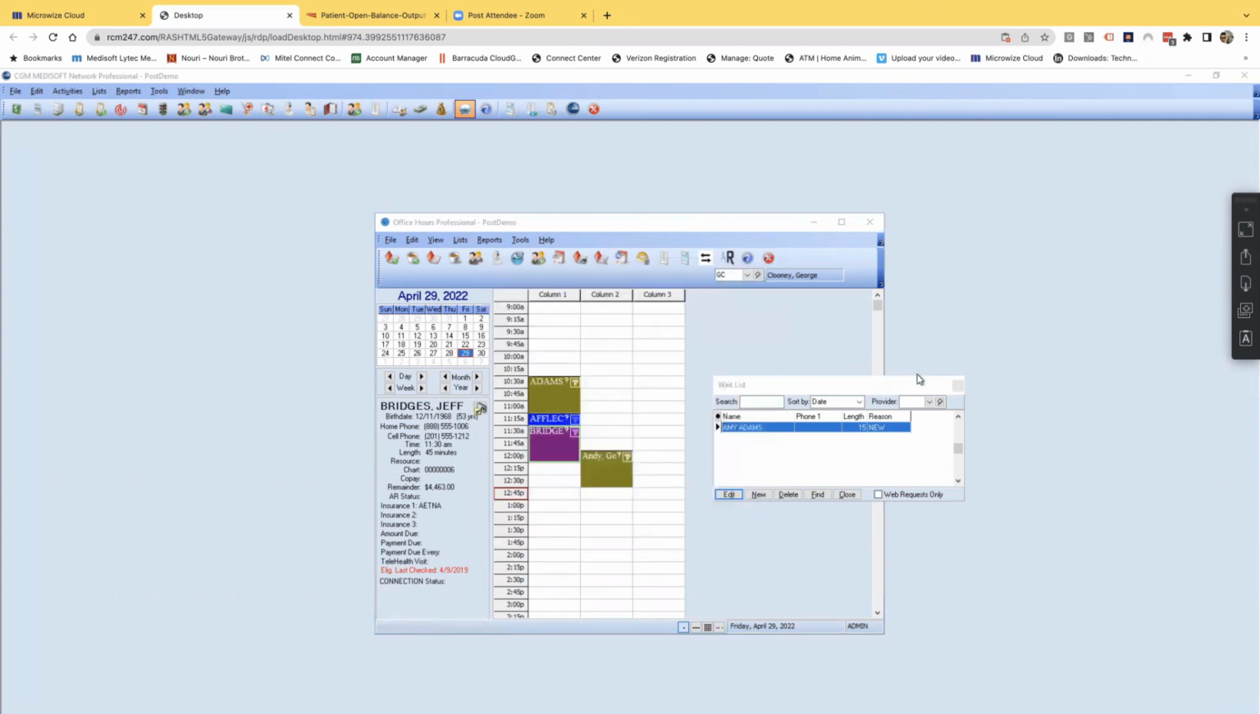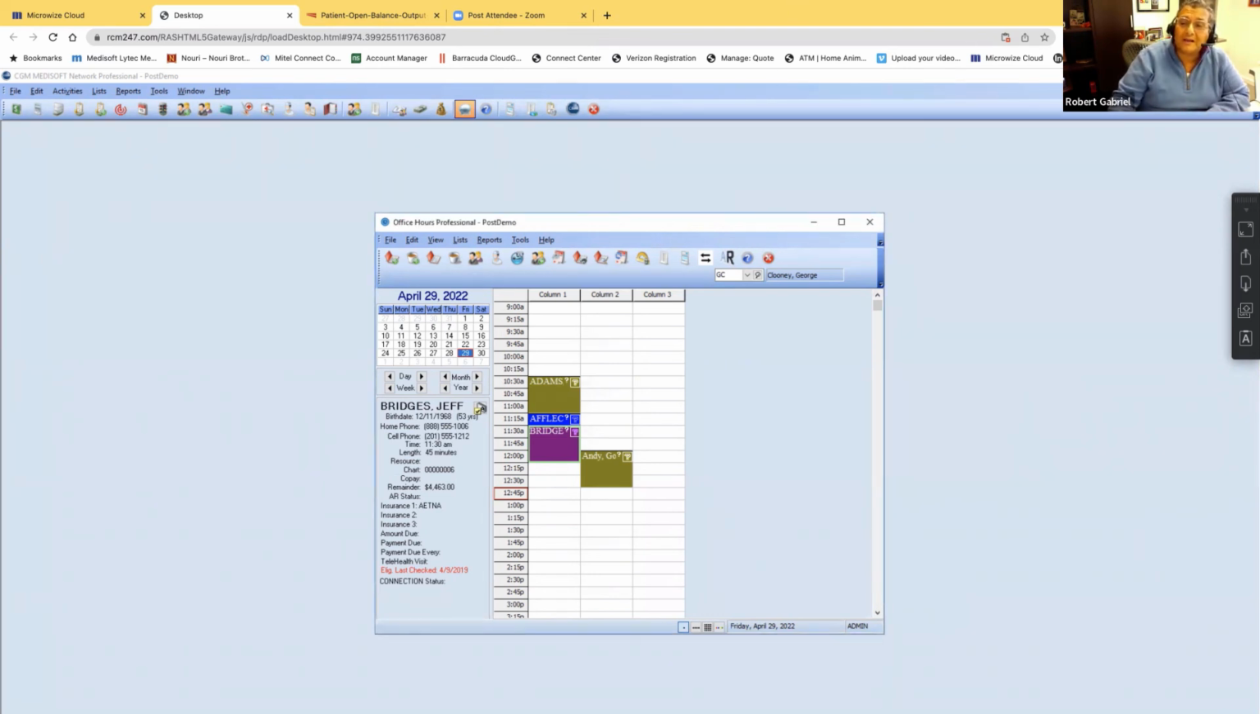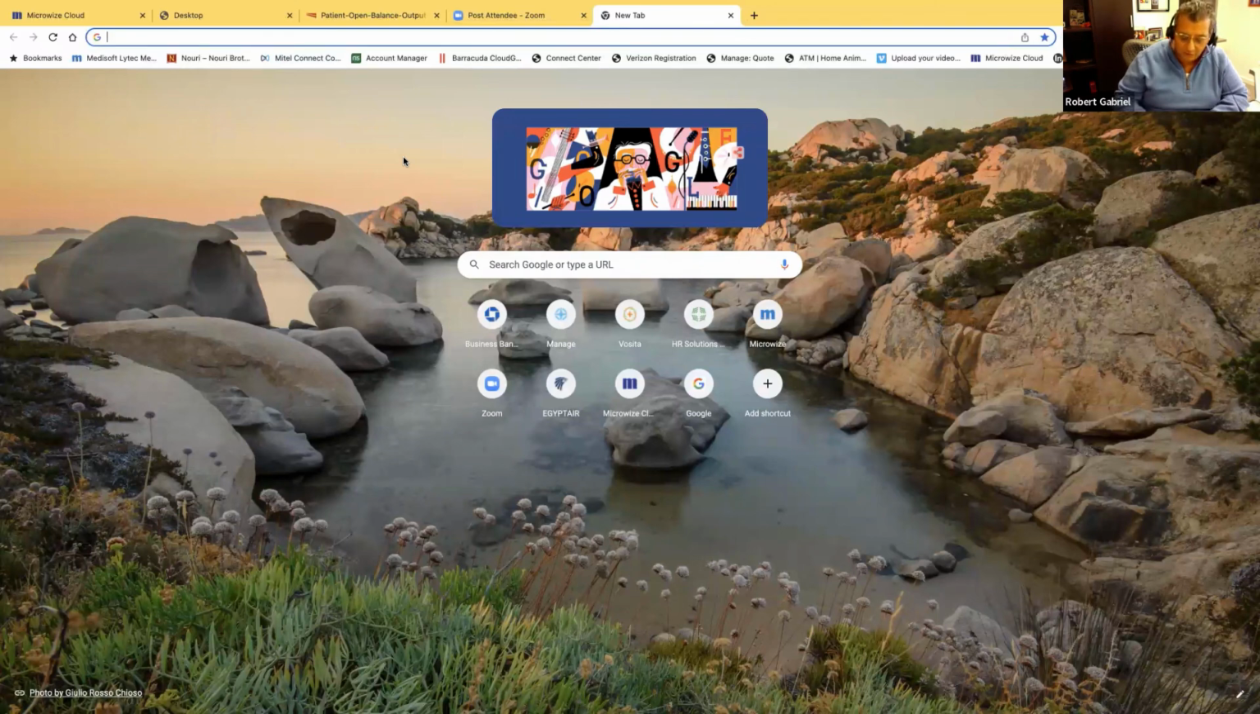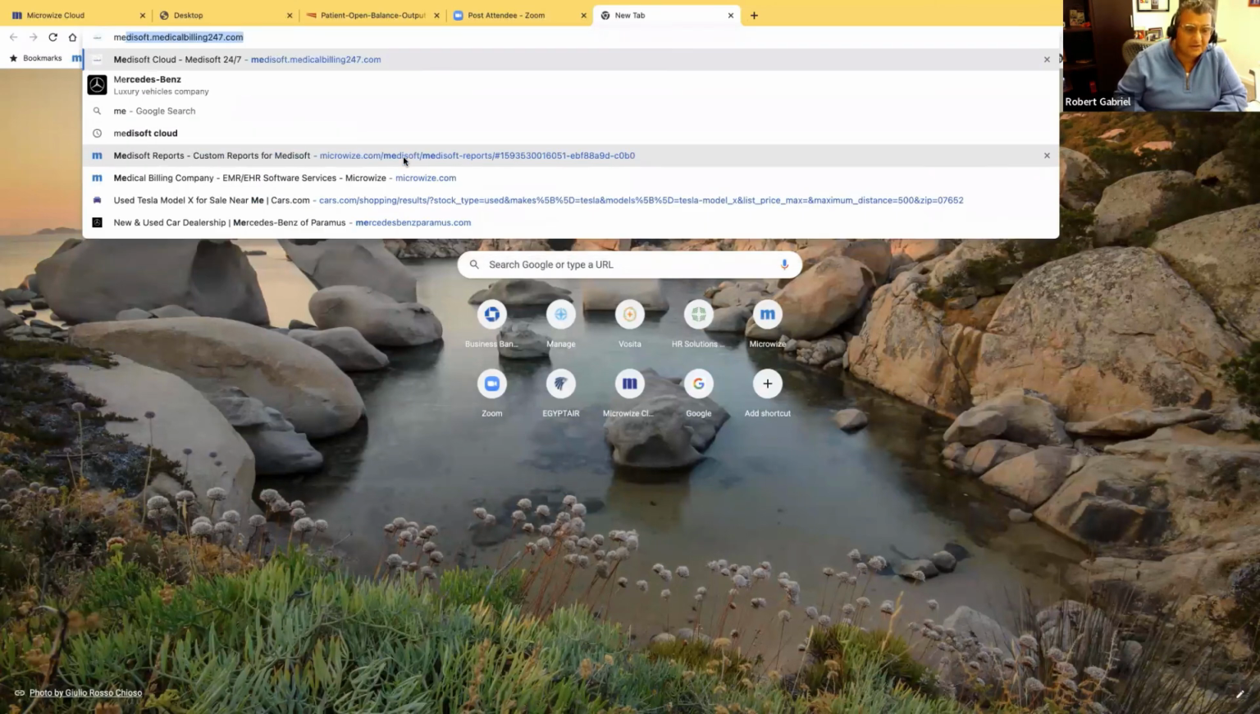Yes. Great. There's probably so much more capability than I'm even aware of with Medisoft. I just saw something about a reason when you open up the appointment. Yes. Now, are you in the cloud or on premise? Cloud. Okay, with the cloud, I created an online academy. You get it for free. So if you go to Medisoft,